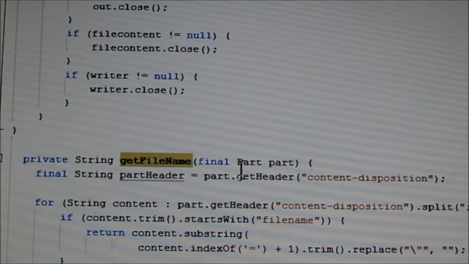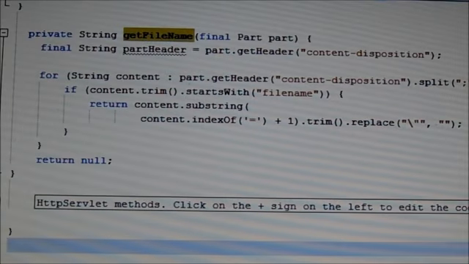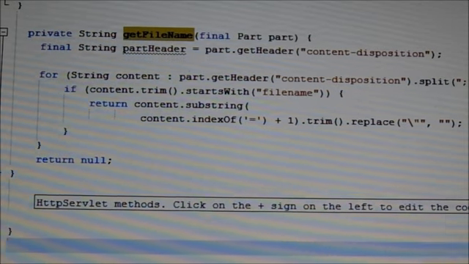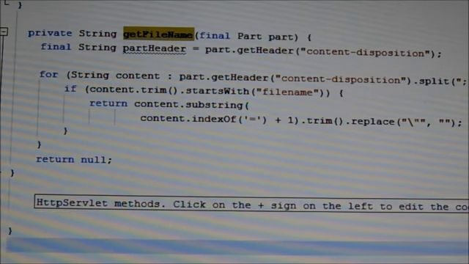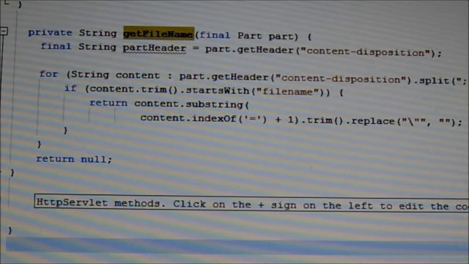Then we initialize a for loop. In this for loop we can see String content and partHeader split, which is used to split the part header.